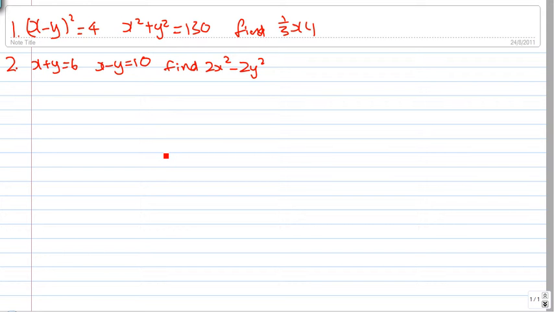Okay, I've got another two questions here. Okay, let's look at question 1 first. If x minus y squared equals 4 and x squared plus y squared equals 130, find 1/3 xy. Alright, so